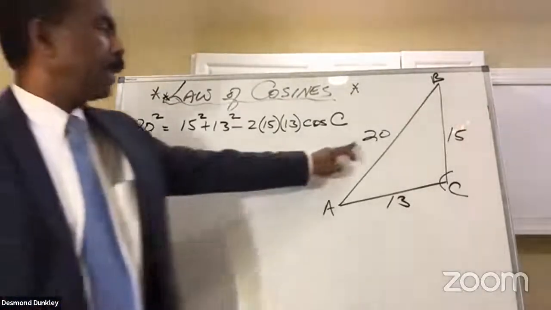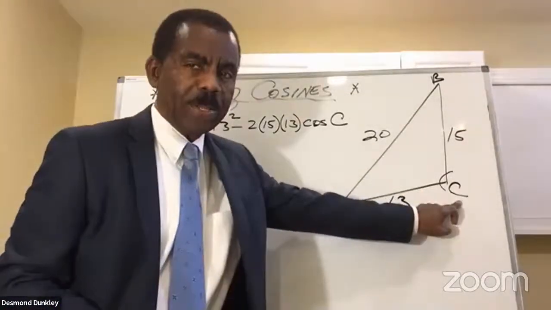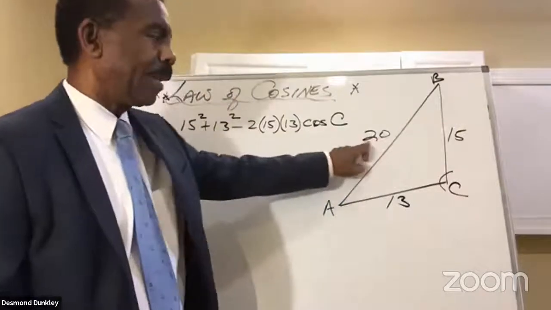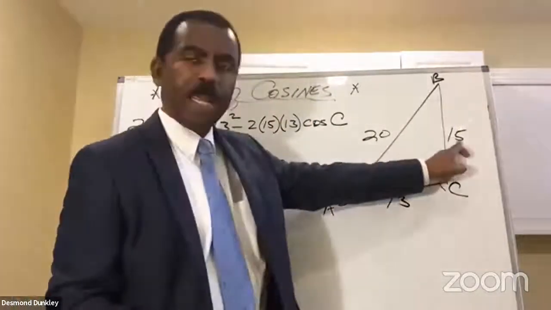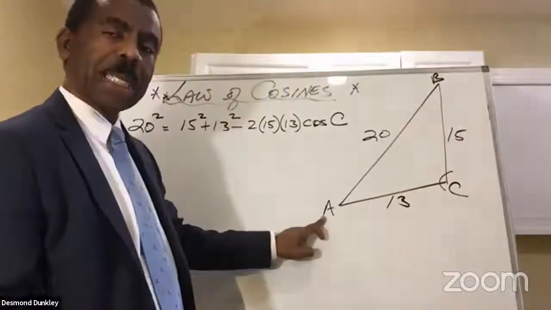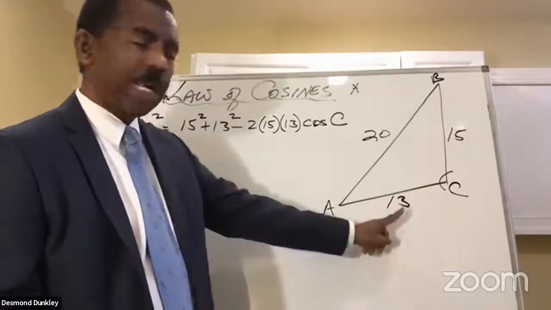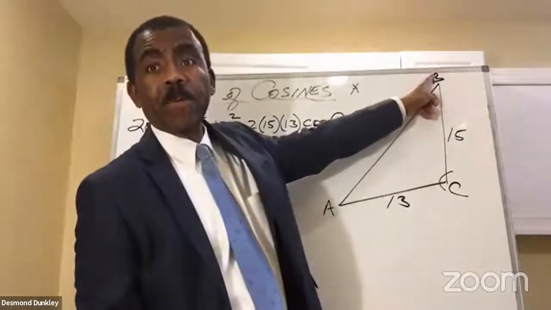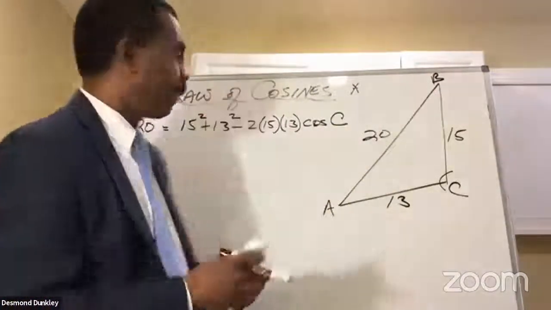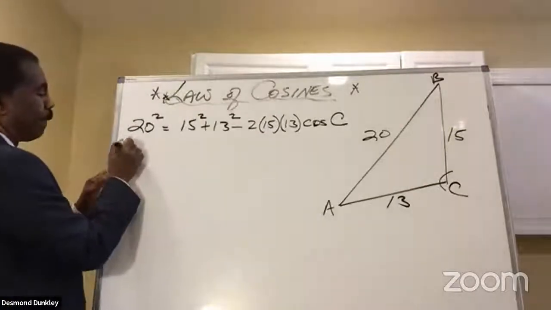Again, we start with this side, we end with this angle. Start with this side, you end with this angle. If we started with this side, A, then we'd have to end with cosine of angle A. If we started with the 13, we'd have to end with cosine of angle B. So that's the relationship. Okay, so now we have 400